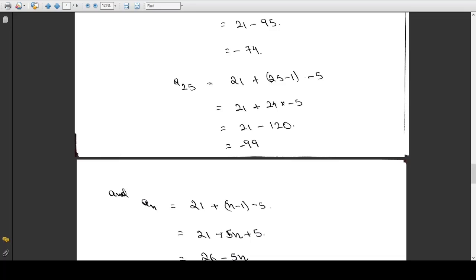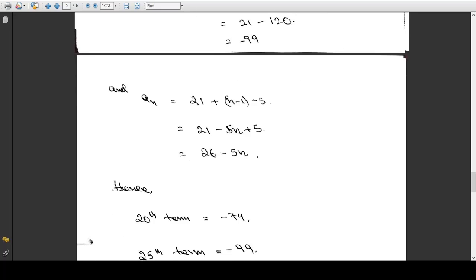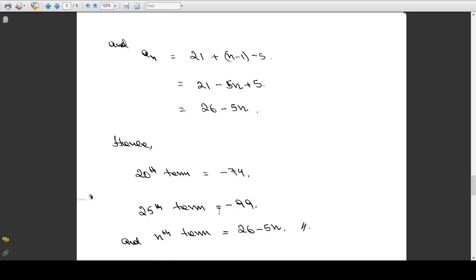give minus. Minus 5 multiplied by n is 5n, again minus with minus is plus, 5 multiplied by 1 is 5. 21 is plus, 5 also plus, 21 plus 5 gives us 26 minus 5n as the value of the nth term. Hence the 20th term is minus 24, 25th term is minus 99, and the nth term is 26 minus